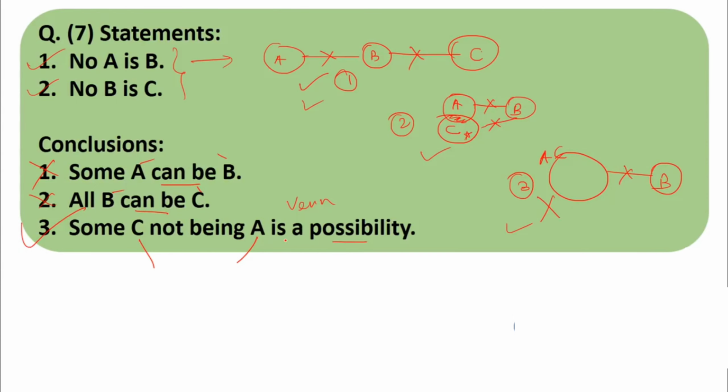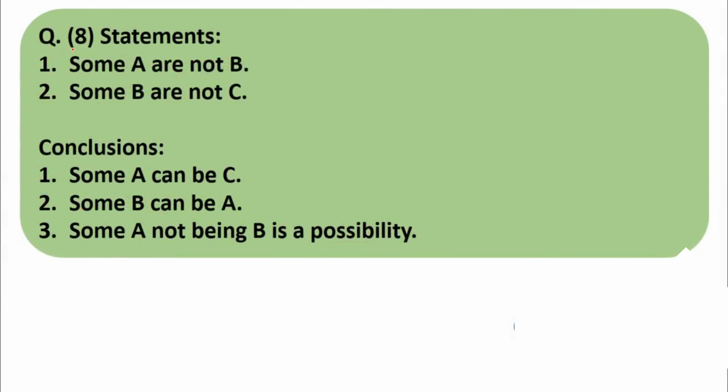Moving to question number 8. Again statements are given, and again we have the 'can be' possibility. We have to use the Venn diagram. Now over here, apart from the methods we have seen for solving sums on possibility using Venn diagrams, I am going to teach you another important tip, or a trick, that will help you solve more quickly. Let us see what the tip is.